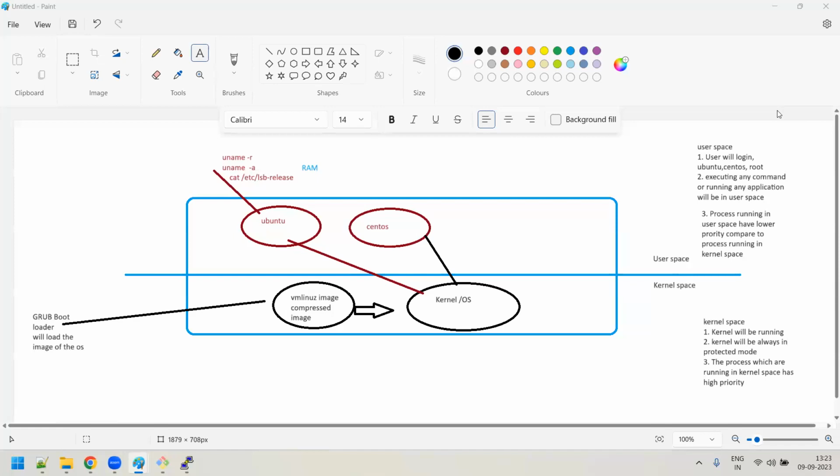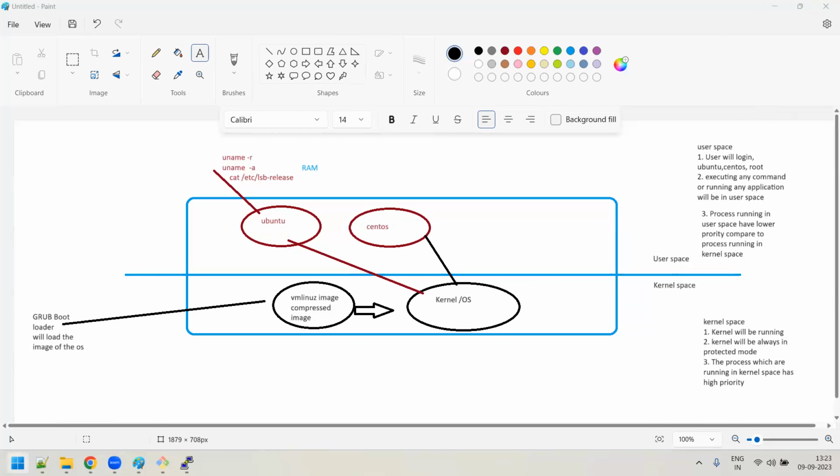Shall I proceed, guys? Okay, no questions, that's fine. Now somebody, I think Krishna or somebody, said something about the fork system call. Who is that person who asked me about the fork system call?